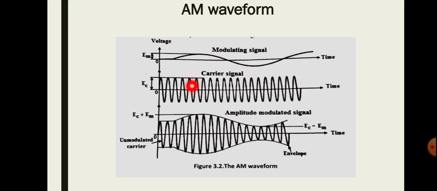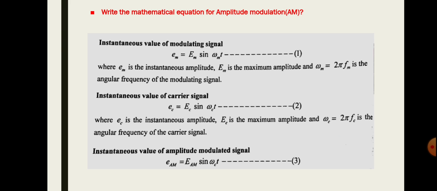That means the carrier signal amplitude is varied in accordance with the modulating signal. So there will be some changes in the carrier signal with respect to the modulating signal. So we have to derive the expression for this signal. Okay. So we can write it as the instantaneous value of the amplitude modulated signal will be,